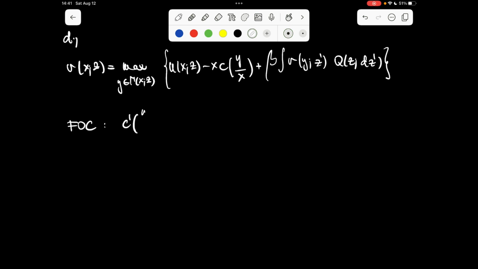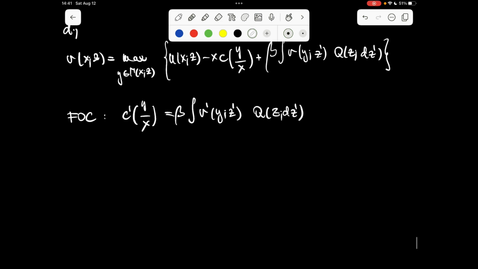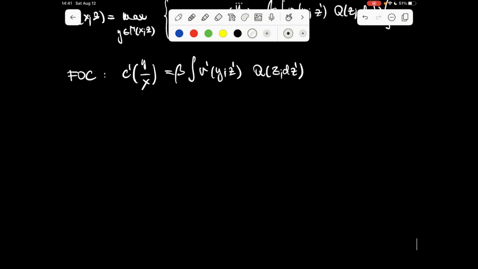This is the first order condition, which we can receive by differentiating the Bellman equation with respect to the choice variable y. By solving this equation we can receive the optimum choice for y, but we can easily realize that